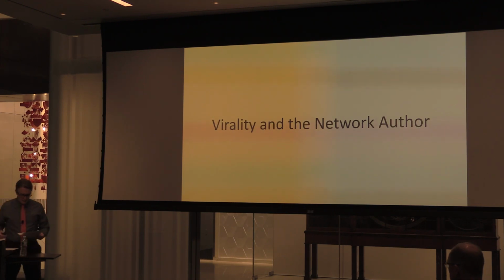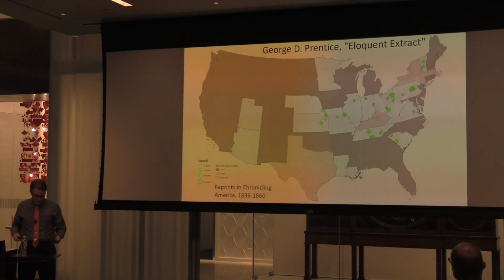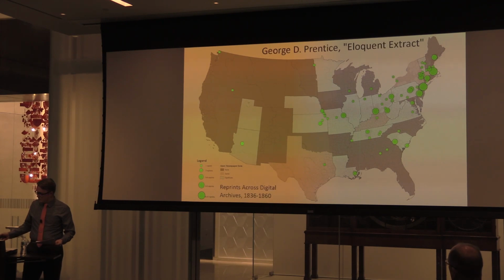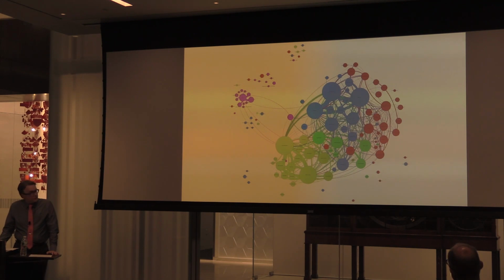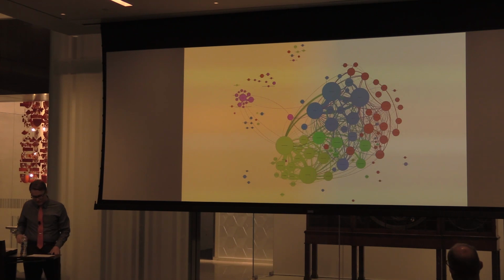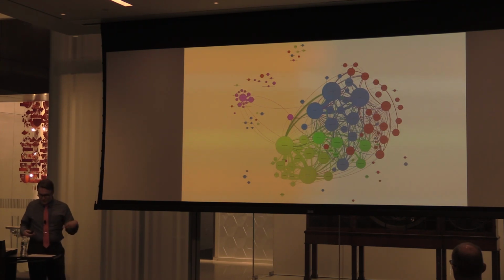So this network effect can be usefully modeled at the macro scale. I'm going to switch forward here. Using the 40,000 plus reprints uncovered by the Viral Text Project from before the Civil War, for instance, I've modeled the connections among the newspapers in the Chronicling America archive, using reprinting as a signal of influence, or at least of connection. If we think of reprinted text as a kind of common property among periodicals, then we can trace the movement and expression of that property. Who was trading with whom, how frequently, and in what order.